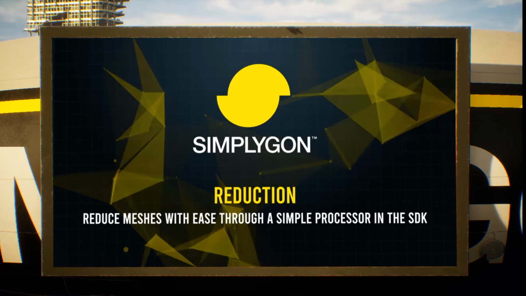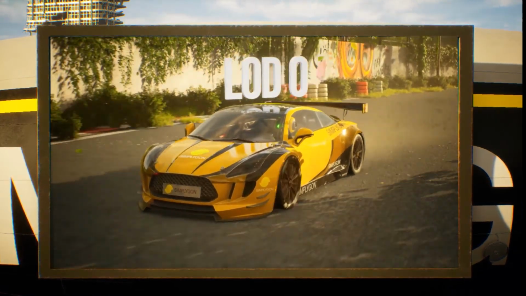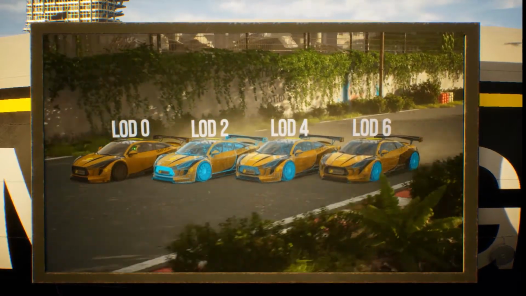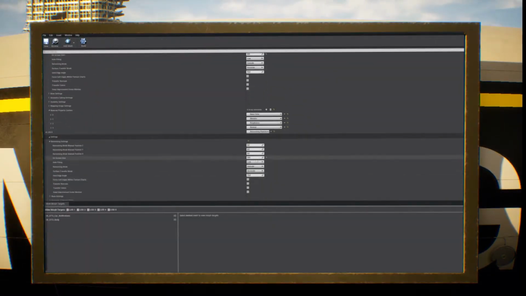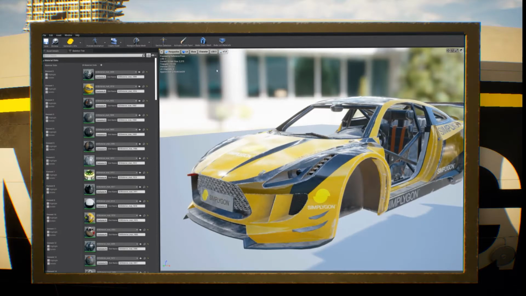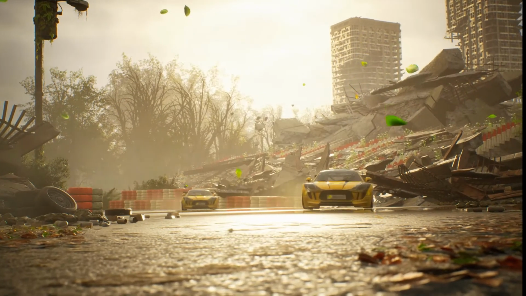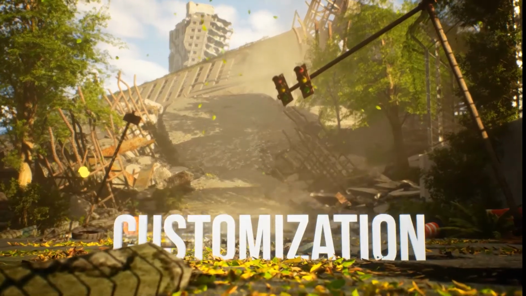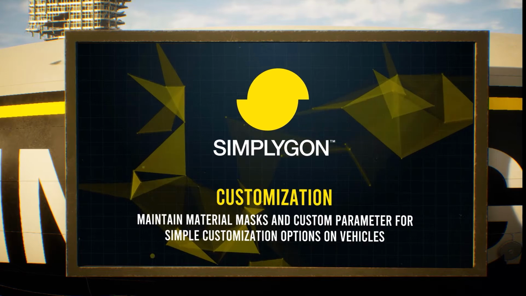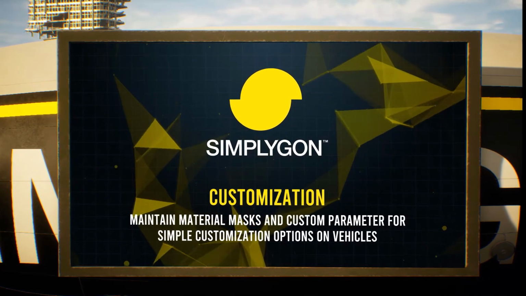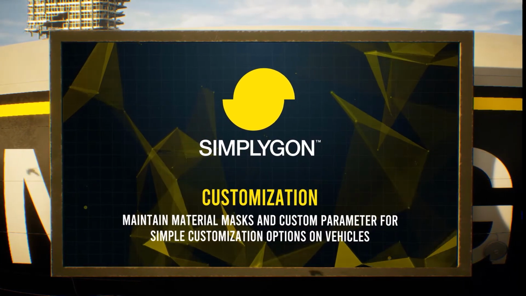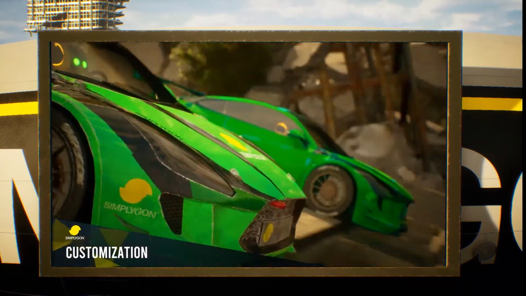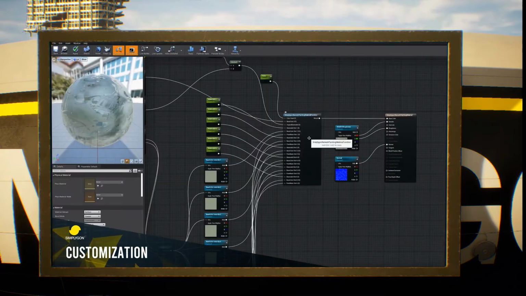Vehicles are complex assets, but Simplygon's SDK provides you with tools to tune car LODs to your exact requirements. Simplygon geometry datacasters preserve material information which allows you to, for example, change the color on a proxy, supporting customization under demanding optimization specifications.